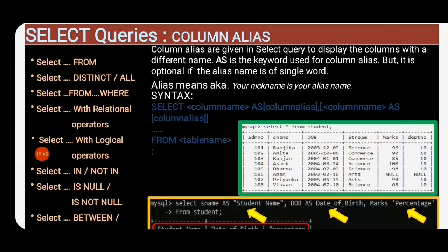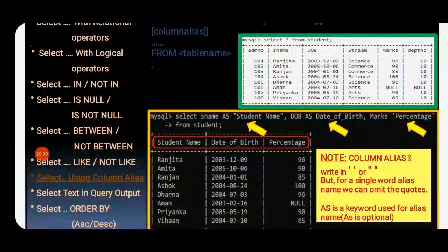So, select column name as column alias, then column name as column alias, like that. You have to write first the main column name and then the aliasing name. So let us see what command we are writing. Like if you write select sname as student name and DOB as date of birth, then when you get the output, you will get student name, date of birth, percentage.